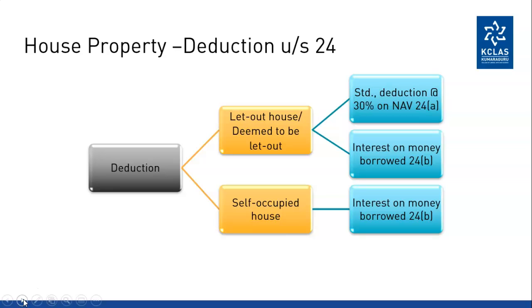The calculation part should be carefully done here. Any other actual expenses incurred by the owner of the house property are not to be considered here. The standard deduction alone is to be applicable. Even if the owner has not made any expenses, the standard deduction can be claimed under section 24 at the rate of 30% of NAV. With regards to self-occupied house, no standard deduction is allowed, as we know the NAV is taken as nil.